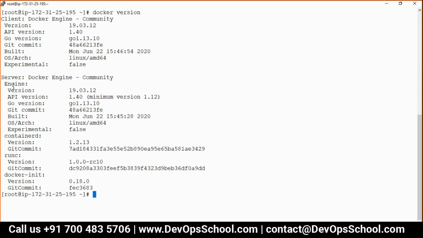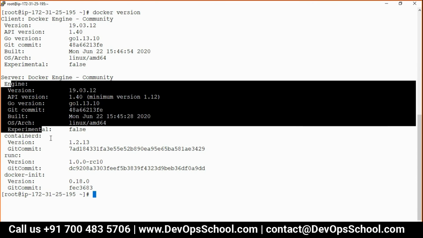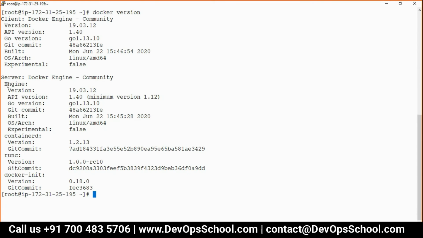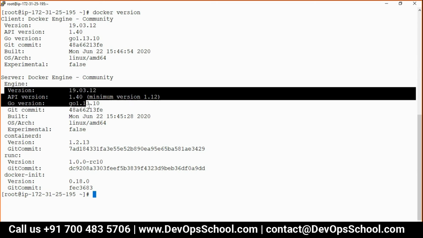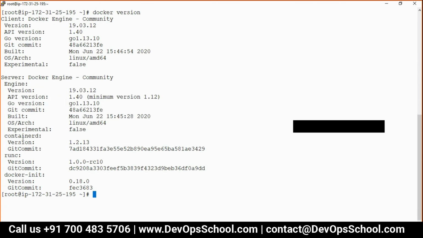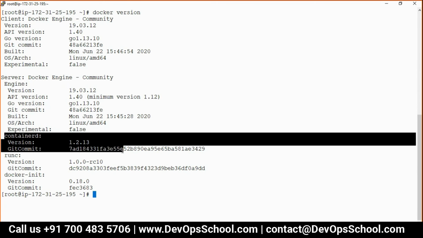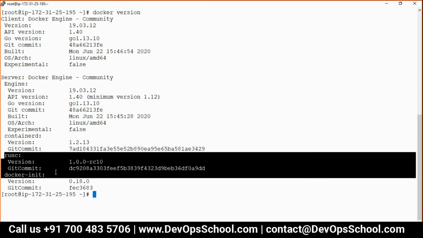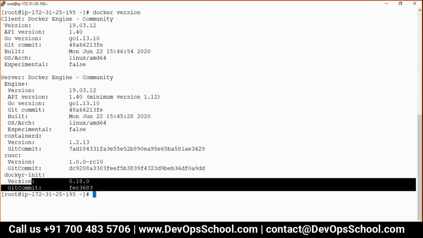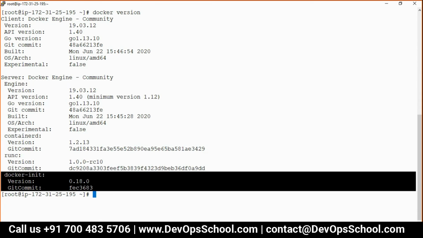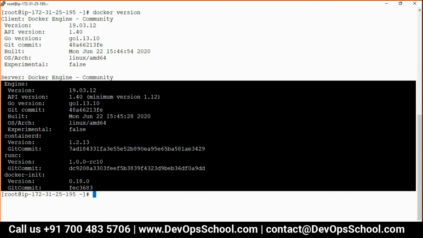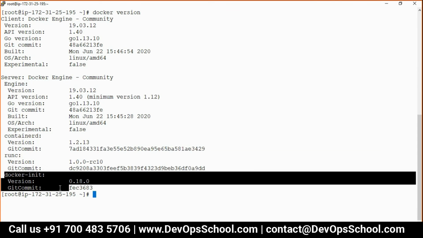These are the information you should spend some time on, actually. It's very useful. The engine, this version, runc, this version, init. This is the union mount system for it. I'll talk about union mount later.